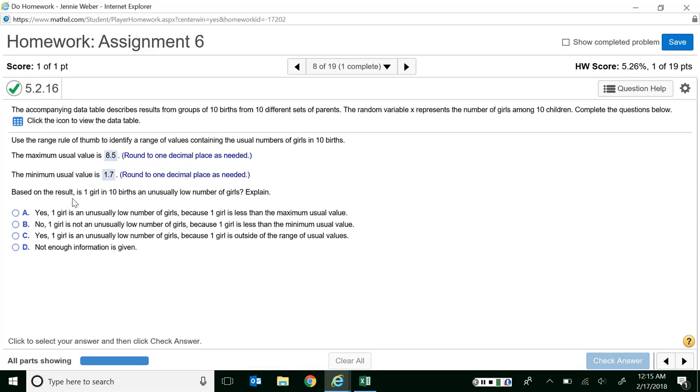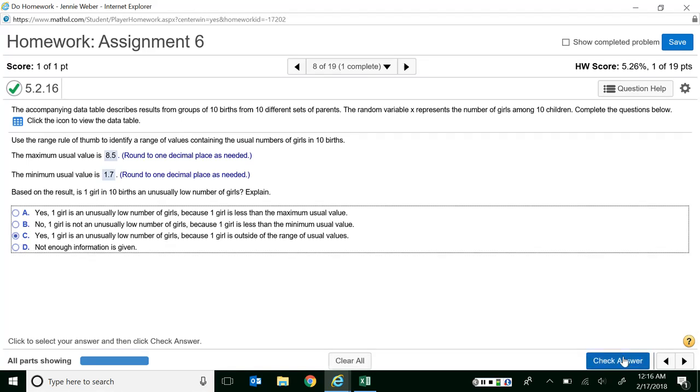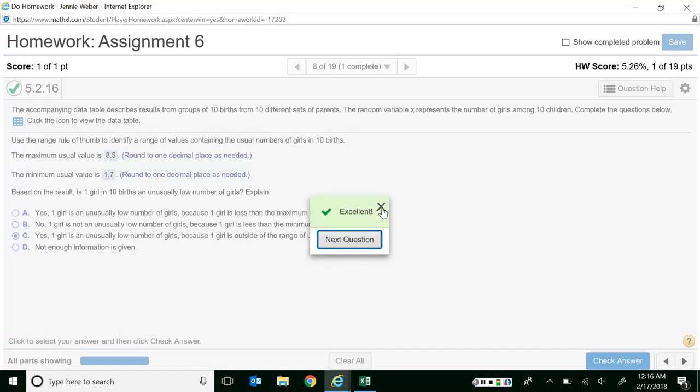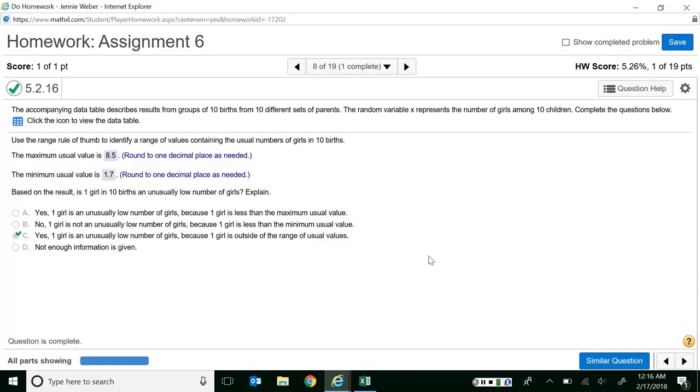So now, based on this result, is 1 in 10 girls unusual? Well, yes, because 1 is outside these values. So pretty much what you're looking at is whether your value is within the limits. If you got an answer between 1.7, so about 2 births, up to 8.5, so 8, even 9 births, that's reasonable. But to get 1 or to get 10, to get those extremes would be considered